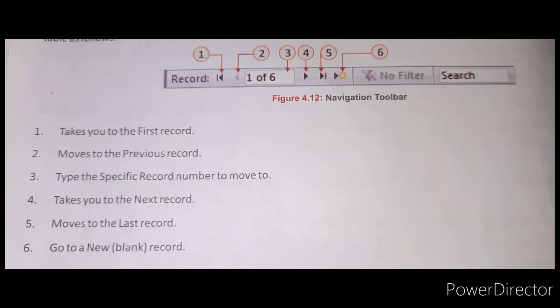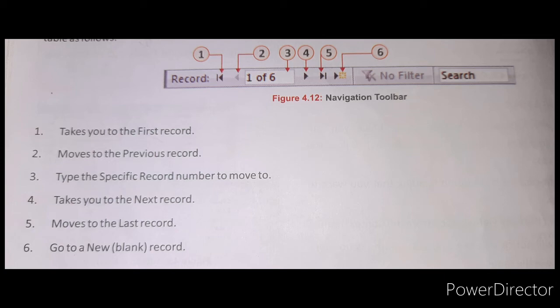While we are entering the data, if you want to move across the table, that means in a table so many columns are there. If you want to move, how can you move? By using the mouse click. By using the mouse pointer only we can click, no, children. When we are adding or when we want to delete any record, it is very difficult by using the mouse pointer, children.